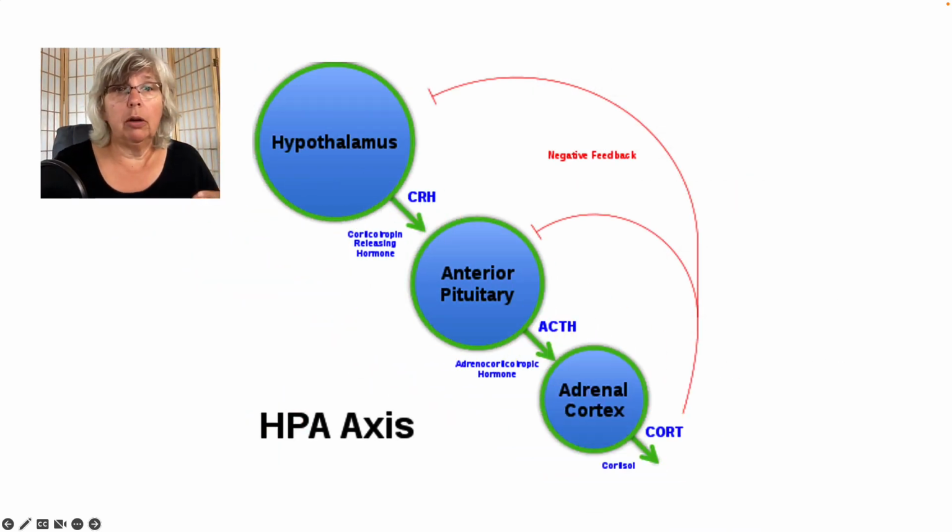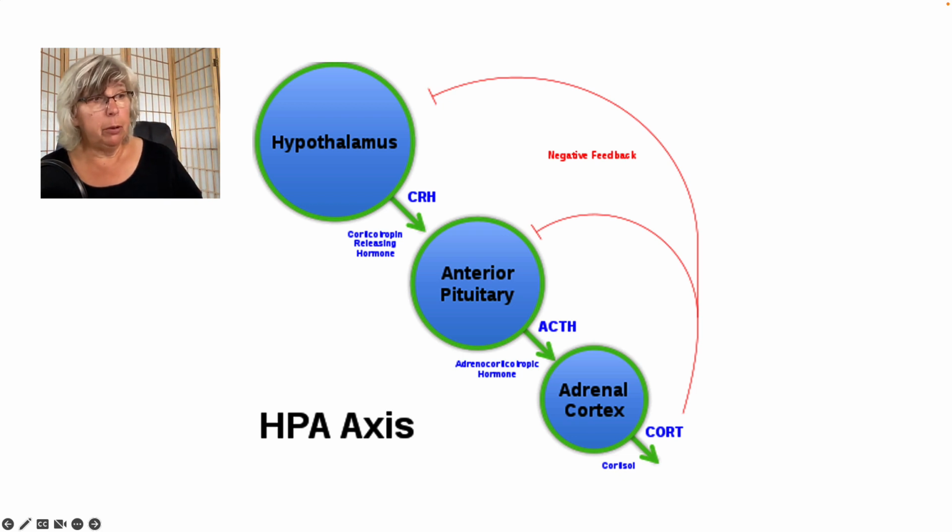This is another representation of this, which I thought was pretty helpful. So if we see here at the top, it's the hypothalamus, which is the little glob of tissue in our brain that sort of runs the autonomic nervous system. And it connects to the anterior pituitary gland, both physically and by way of this hormone, corticotropin-releasing hormone. Then the anterior pituitary, under direction from the hypothalamus, releases ACTH, adrenocorticotropic hormone, and that acts on the adrenal cortex, which then squirts out a bunch of cortisol, which is one of our stress-related hormones.